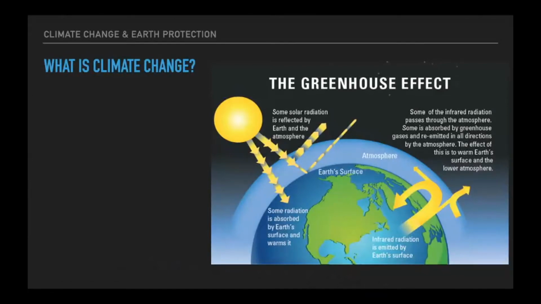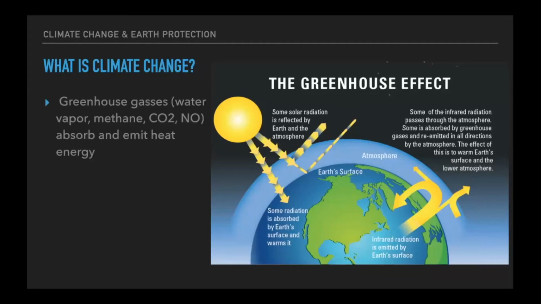Okay, so we're all familiar with the greenhouse effect. Our Earth has an atmosphere. The sun warms the surface of the Earth, particularly the ocean and any bare patches of land that aren't things like snow. And then that heat will move up and stay in the atmosphere. What propels this phenomenon are things called greenhouse gases, which are water vapor, which we are never going to get rid of, methane, carbon dioxide, and nitrous oxide. These gaseous elements will absorb the heat and then emit it in all different directions, including downward.